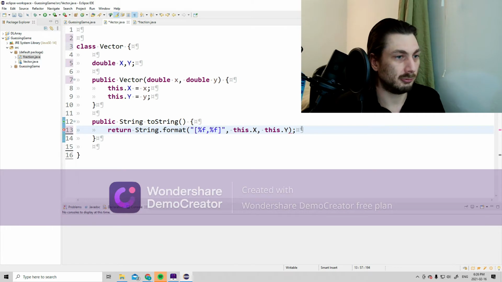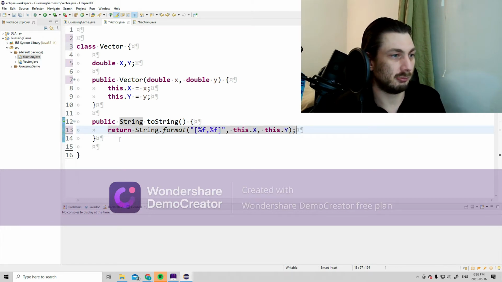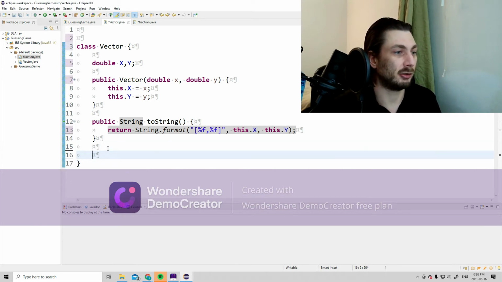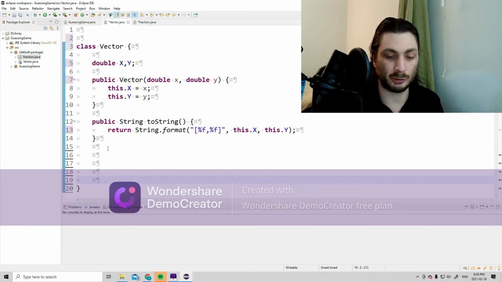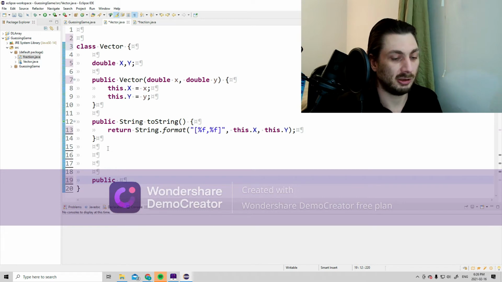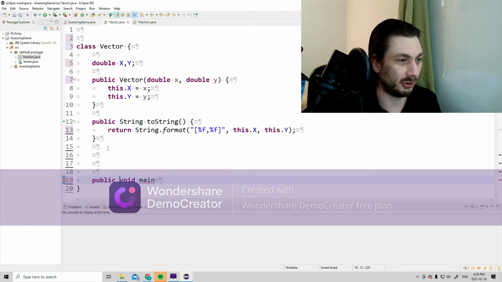And that's it. That is our toString function. Now, it would be really nice if we could test things out and see if they're in fact working. So to do that, down here, I'm going to make the main function that we can use to run some stuff. So I'm going to say public, public static void